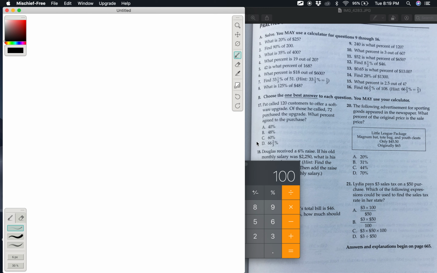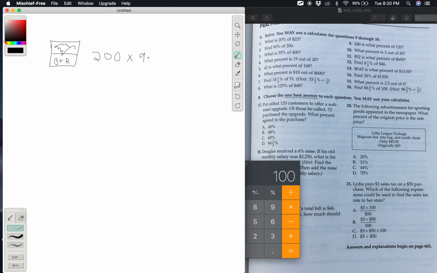Now we are going to do number 2. Find 90% of 200. Again, we have the base and the rate. So this is shaded out up here. Base times, I am using a mouse pad here, so bear with me because you can't write as well with a mouse pad. So base times rate, which is 200, times the rate, which is